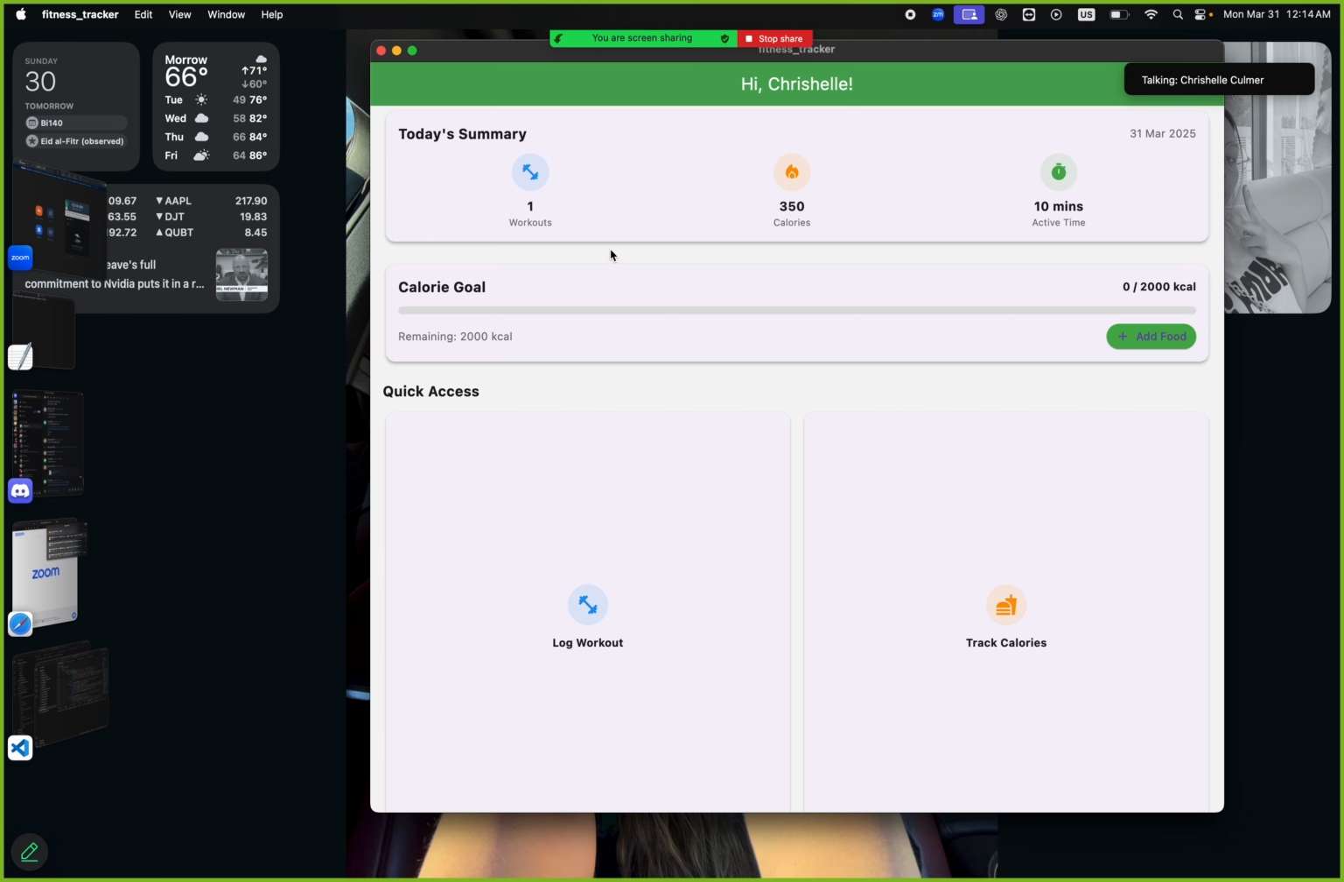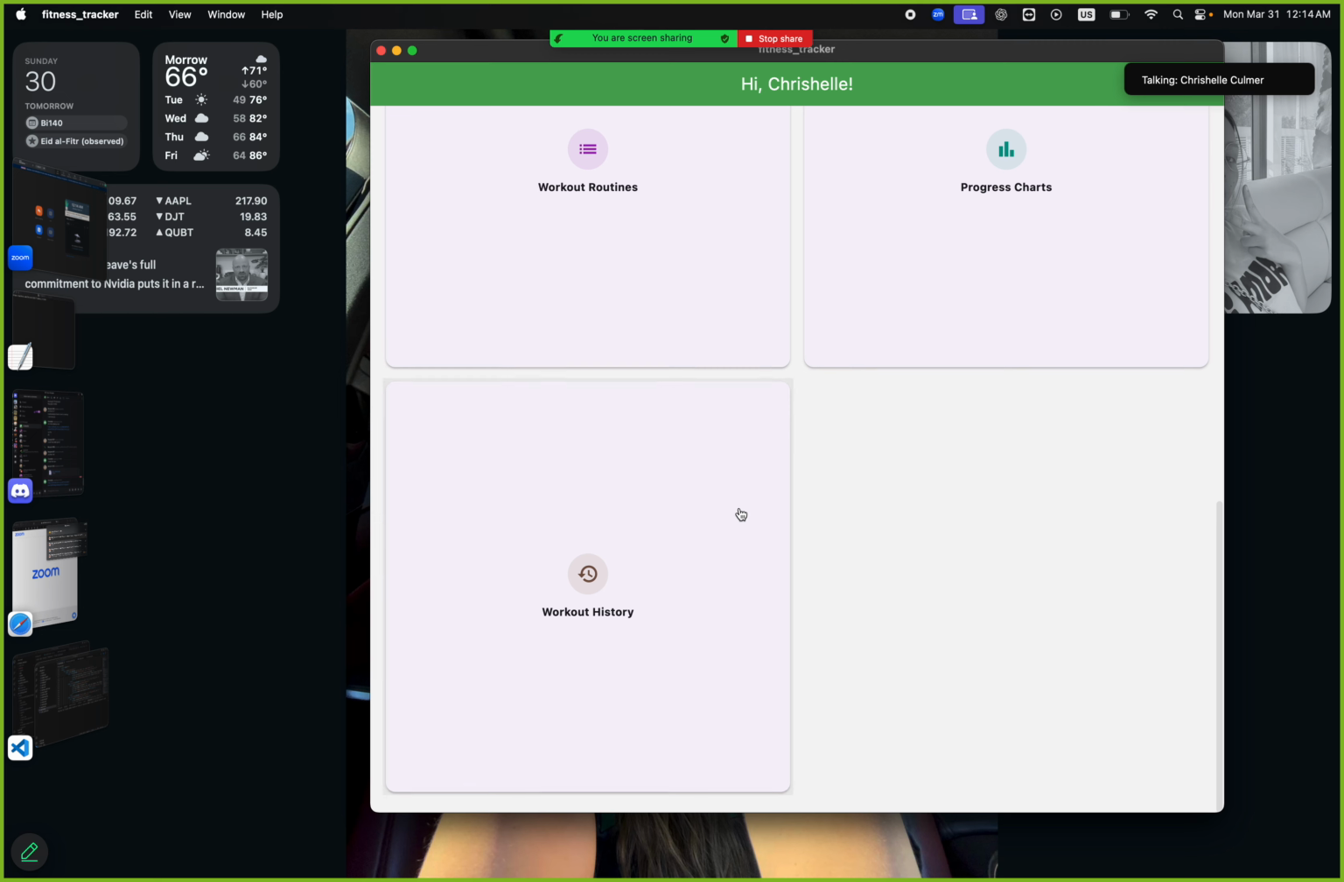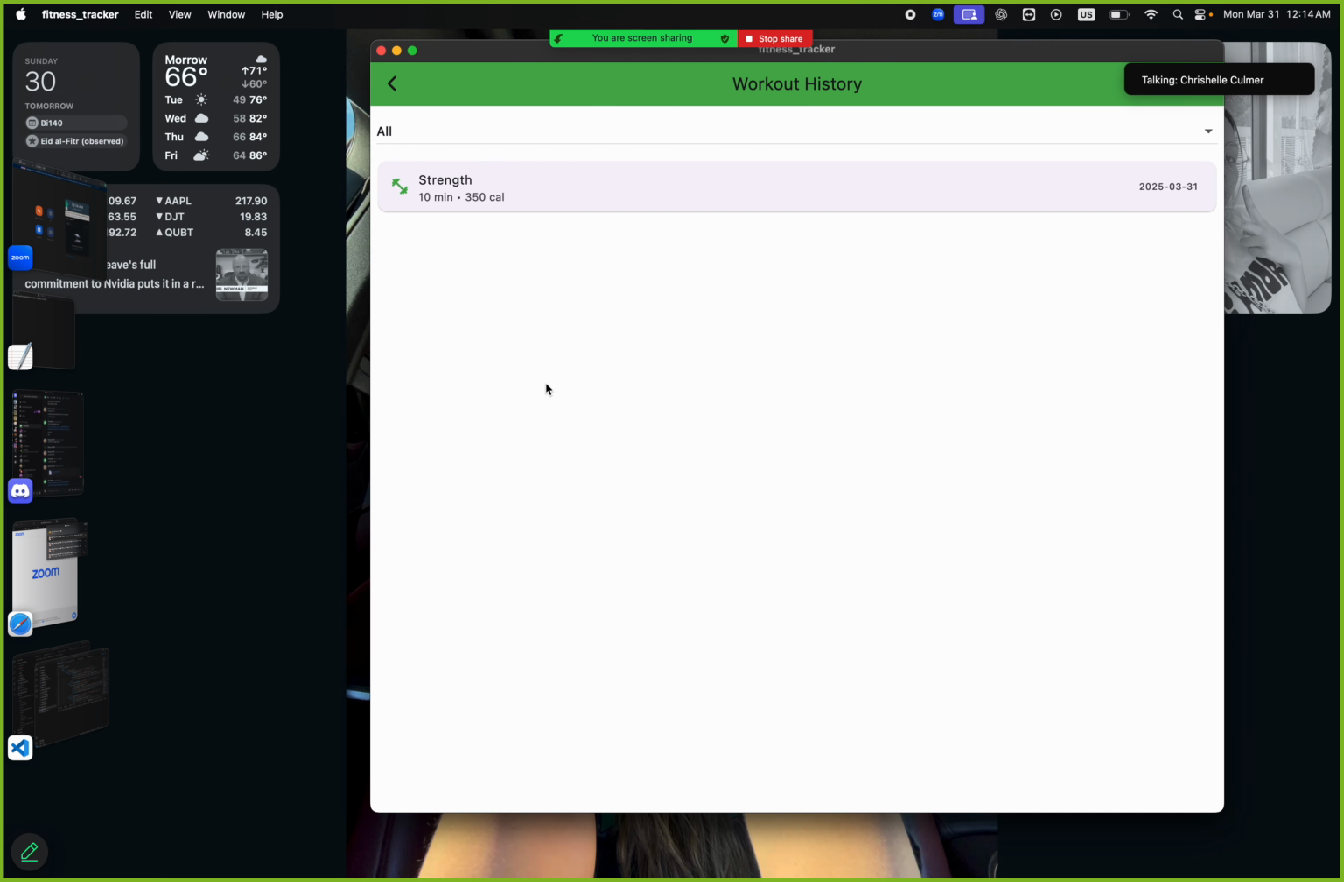But as you can look on today's summary, you see that it affects workout, which is 1. That's our first workout for today. It shows how many calories we burned, which is 350. And then it shows us our active time, how long we spent doing that workout. If we look in the workout history, it shows the workout that we logged. Upon clicking it,